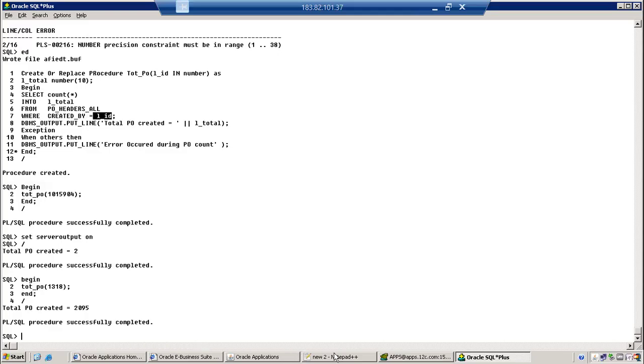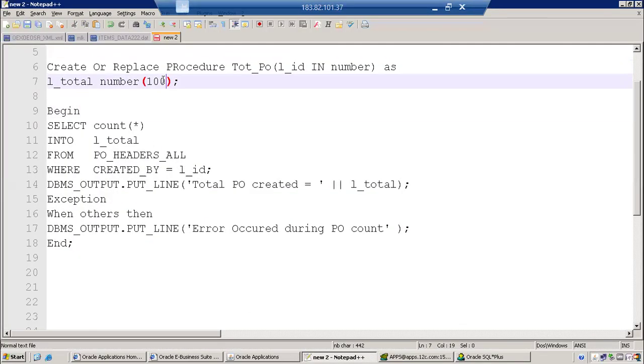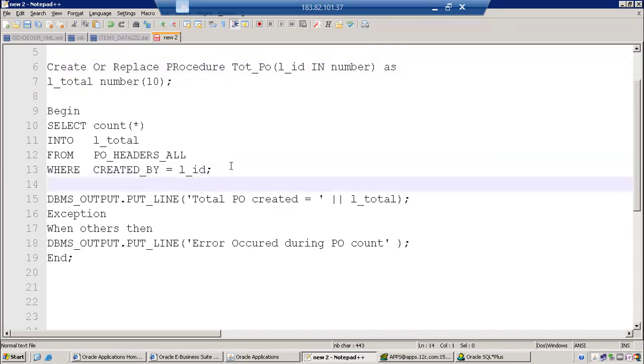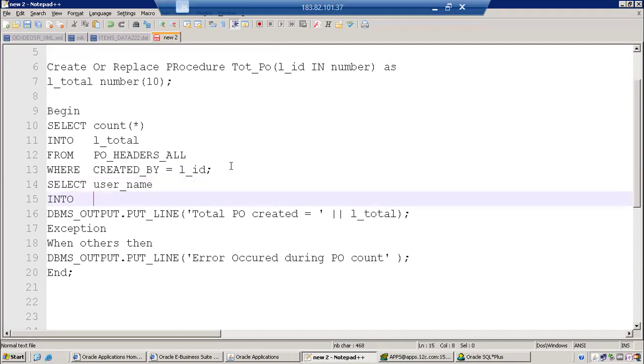Go to your program. Already you are getting the user ID here, right? Input, you are getting user ID. I want to find out the username, right? So what will we write? Simple, another select statement. Select username into, you can declare one variable for storing the